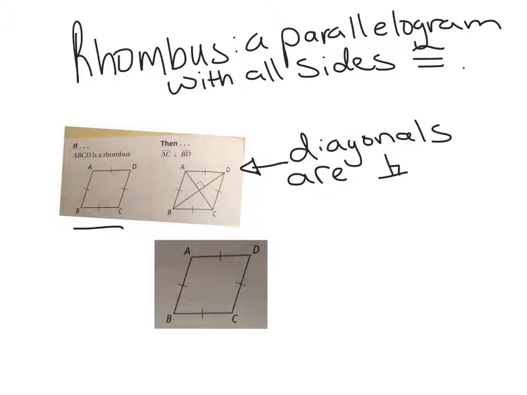Another feature is that if it is a rhombus, then its diagonals will bisect opposite angles, or each angle. So then AC